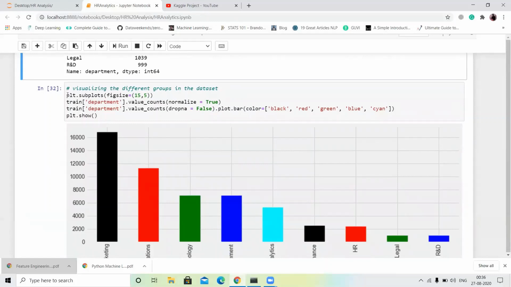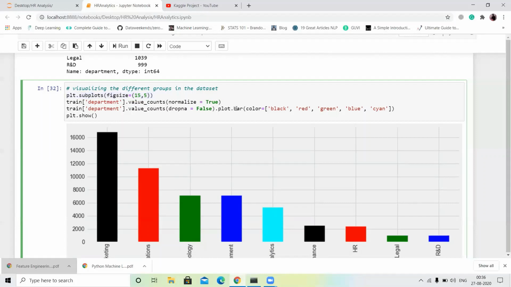I plot this same thing. I call plt.subplot and assign figure size 15 by 5. I call train department value counts and normalize it, normalize equal to true. Next I call train department value counts with dropna equal to false and plot a bar plot.